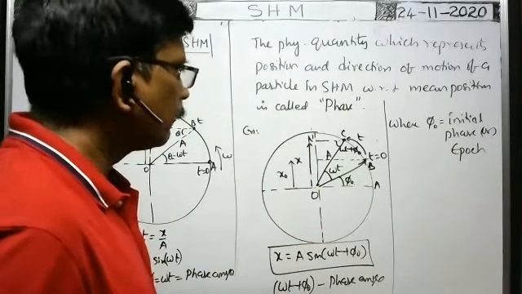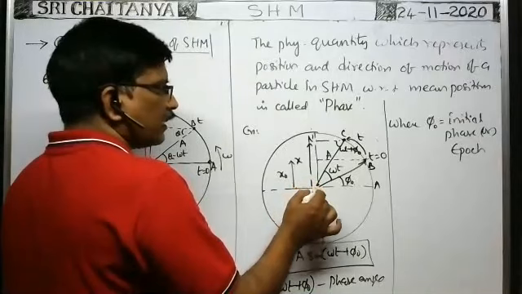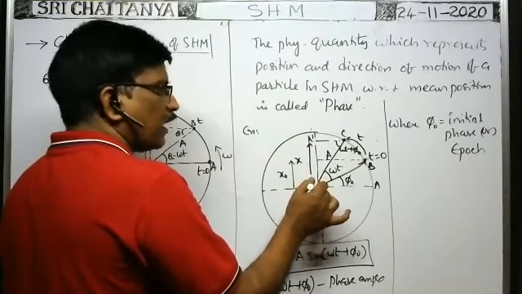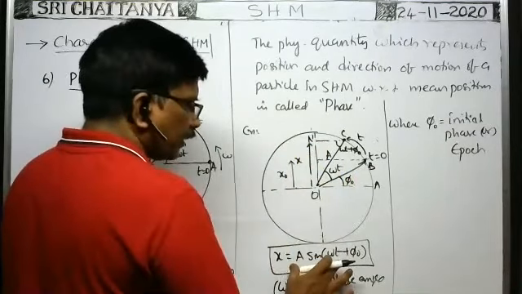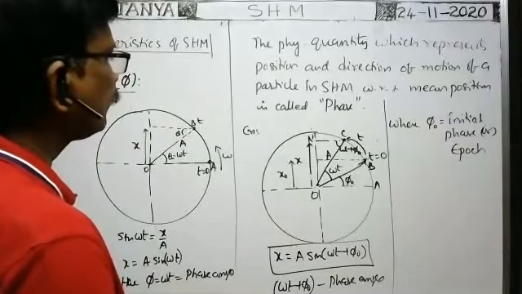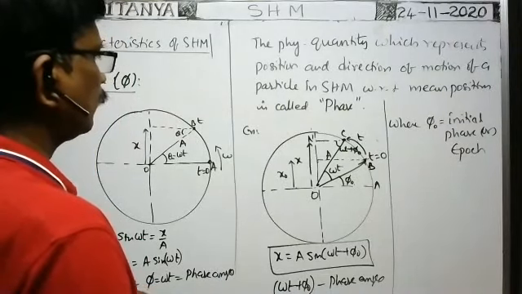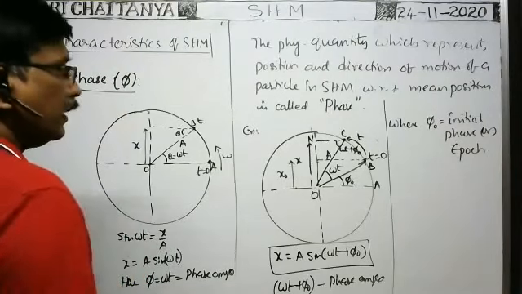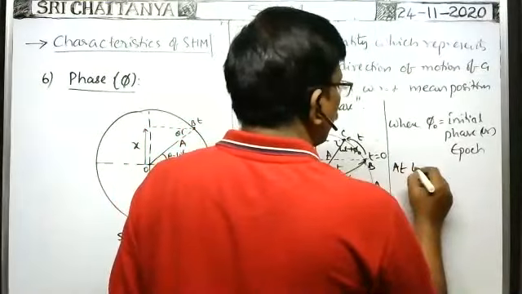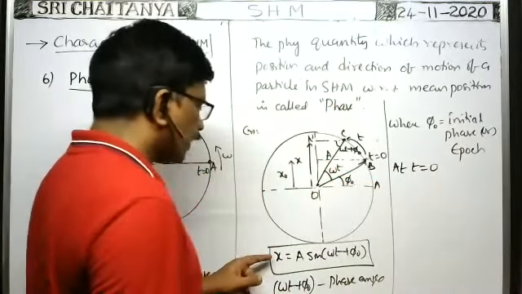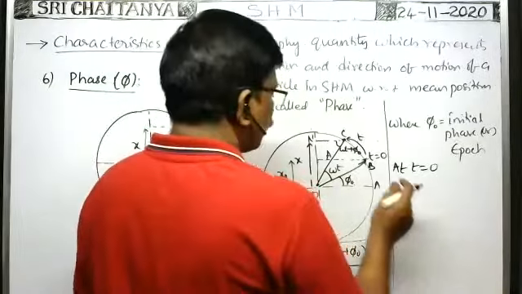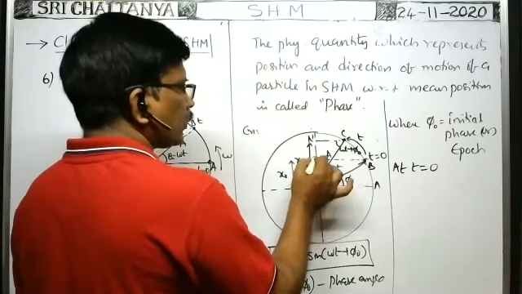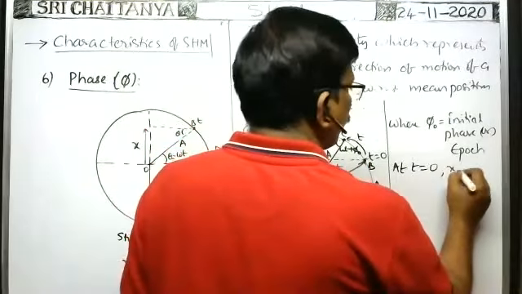Okay, it is the initial phase. So here, already along the direction of motion of the particle, at t is equal to 0, if the particle in simple harmonic motion is already having some displacement, that can be represented like this. At t is equal to 0, the displacement x is called x naught. At t is equal to 0, as the particle lies here, the displacement of the particle in SHM is equal to x naught. So at t is equal to 0, x is equal to x naught.